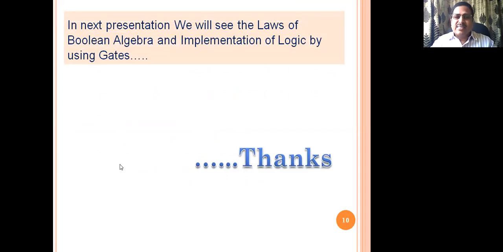So in the next presentation, we shall study the laws of Boolean algebra and their implementation, where you will find how we can represent a logical operation in terms of a Boolean equation, then how we can simplify it by using various laws of Boolean algebra. After that, with the simplification, you will understand how a big logic diagram gets reduced into a very small size, which is the advantage of Boolean algebra. That will be more clear in our